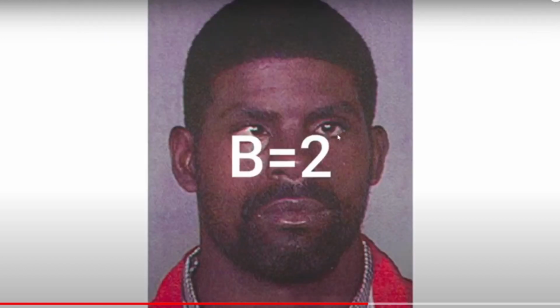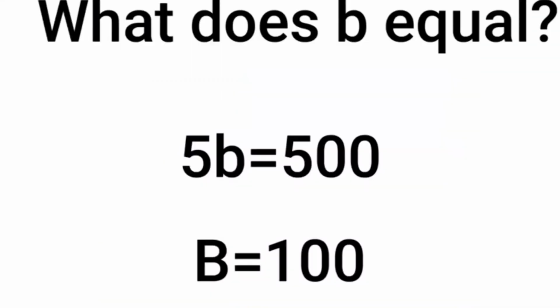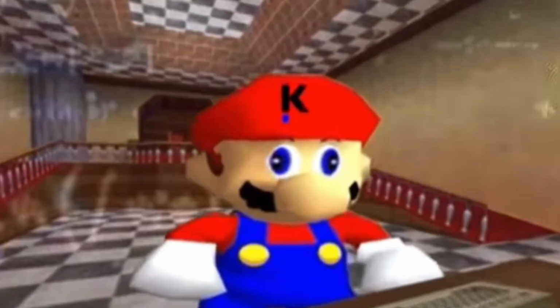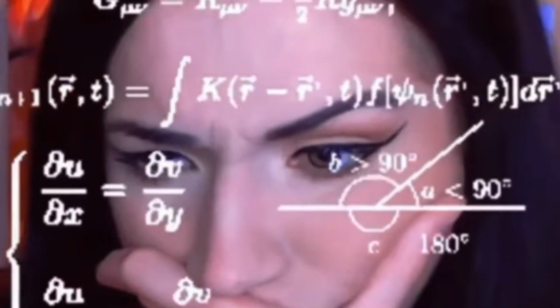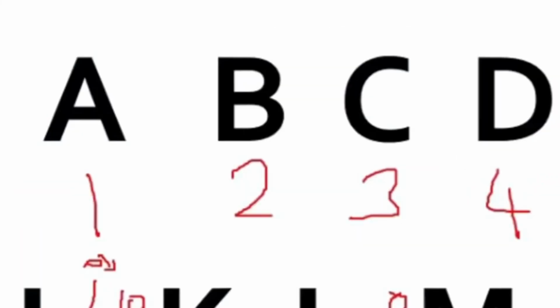I was always like, B equals 2, obviously. But then the answer would be like, B equals 100. And I'm all like, no it doesn't. How does it equal 100? There's at most 30 to 40 letters in the alphabet, not 100 letters. How does B equal 100? And I never recovered since. I still don't understand how B equals 100. Like, y'all just making stuff up at this point. It's the second letter in the alphabet. That means it's 2. Doesn't work like that.